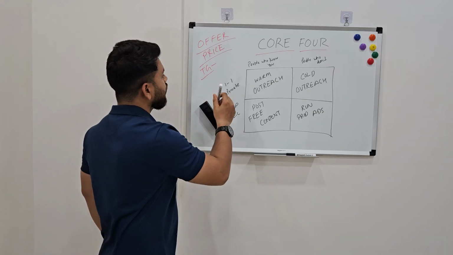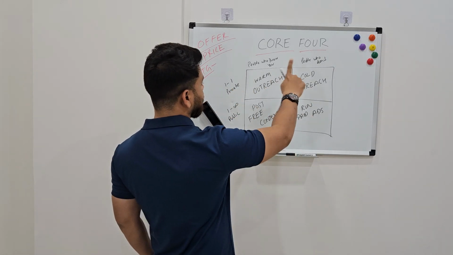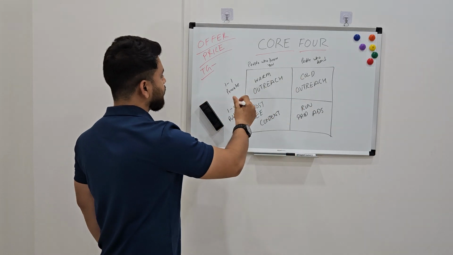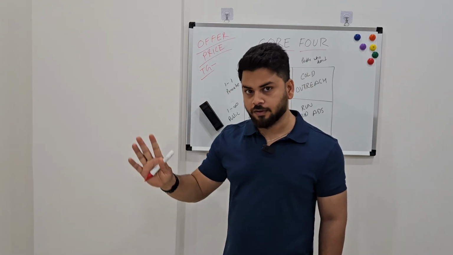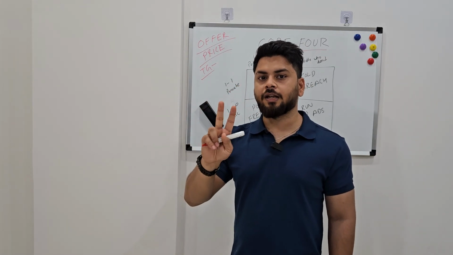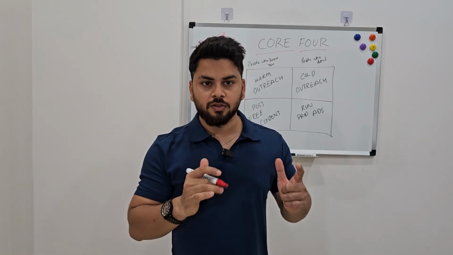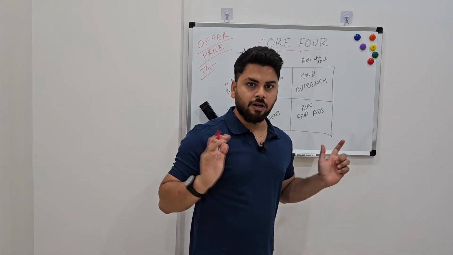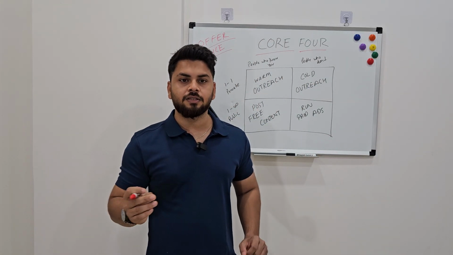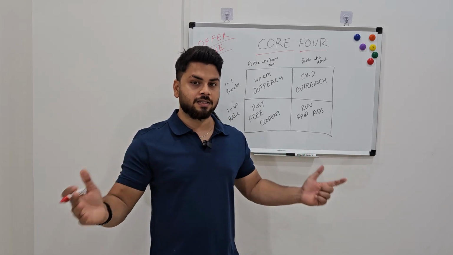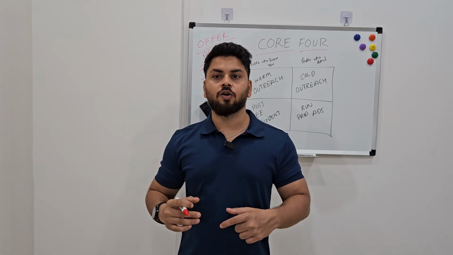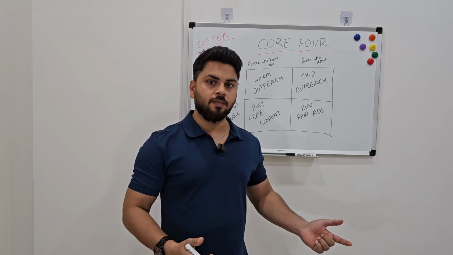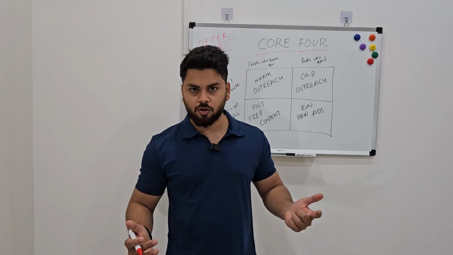So before understanding these four core areas, first understand how we can communicate our message to anyone. There are only two ways that we can communicate our message. Either we do one to one private talk, or we do one to many public speaking. It's like showcasing a billboard, or speaking on stage, doing seminars, webinars, workshops, and all those areas.